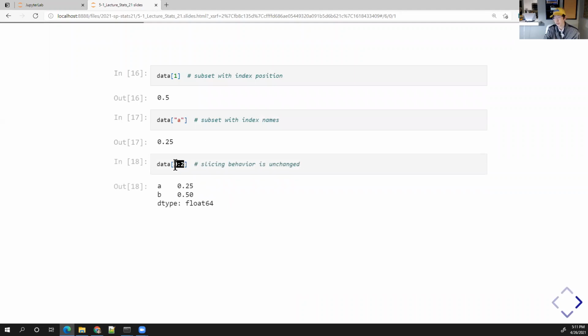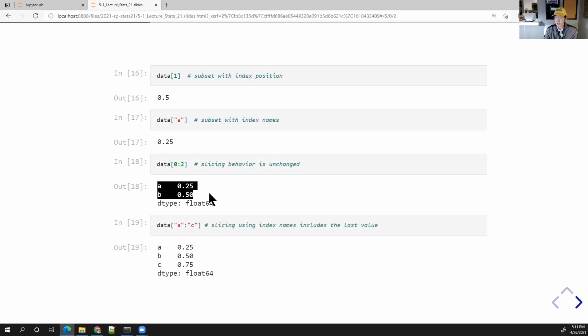So you can say slice from the 0th comma to the 2nd comma, and you will get back rows A and B, or the first 2 rows. You can also slice using the